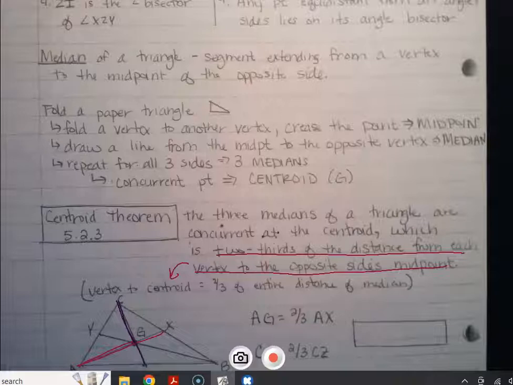Okay, but it says from the vertex. So not YG, it's not 2/3, because Y is not a vertex of the triangle. All the rest of these, A was a vertex, C to G, the centroid, that was a vertex. So we need to go from the vertex to the centroid. So BG